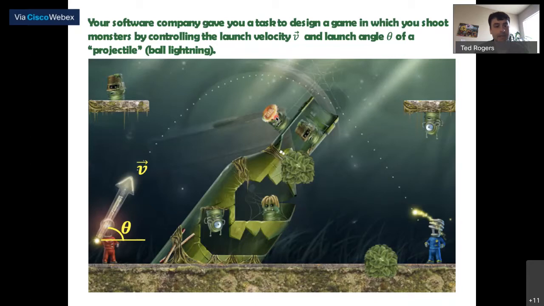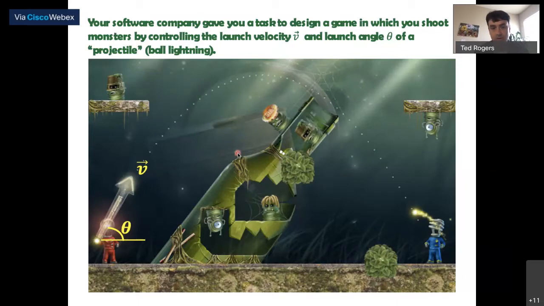Okay. And we'll say that the dynamics proceeds according to basic projectile motion laws, like what we had in the previous slides. Okay. So that means that whatever velocity that you shoot the ball lightning with, you have to adjust the angle so that you hit the monster.